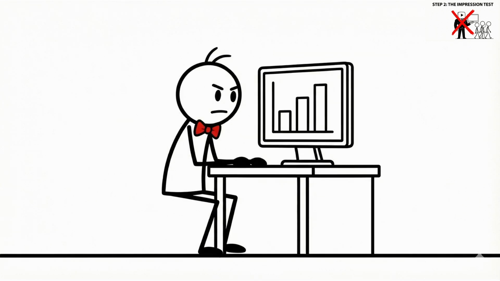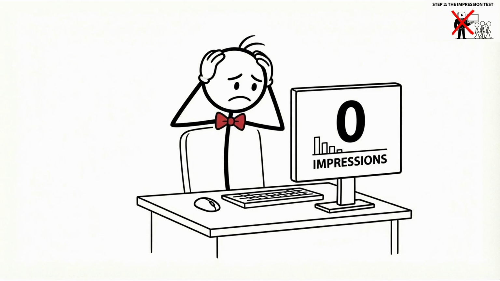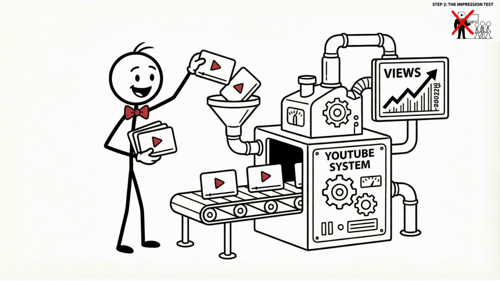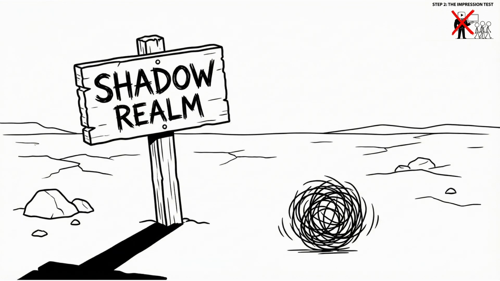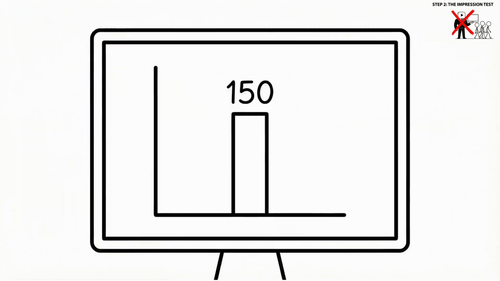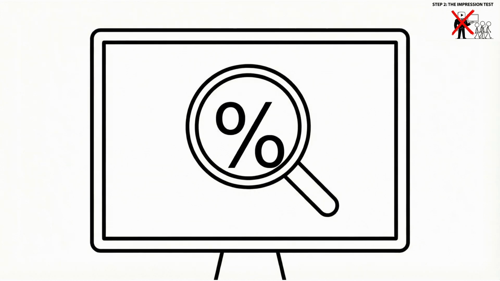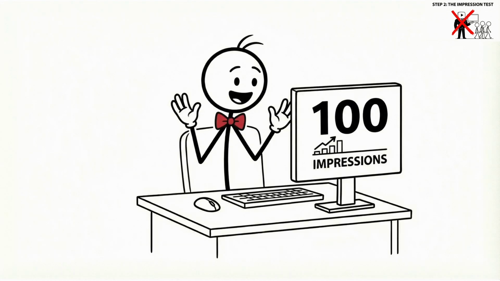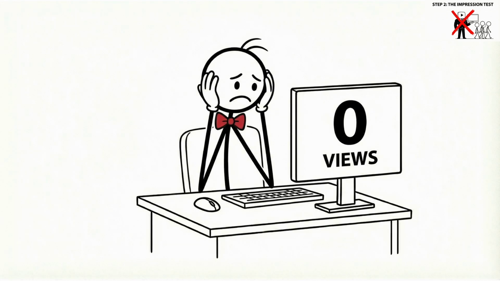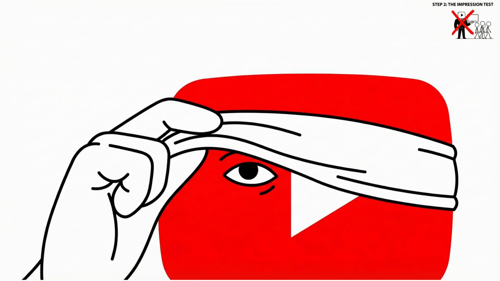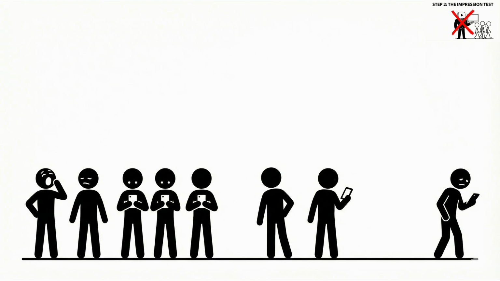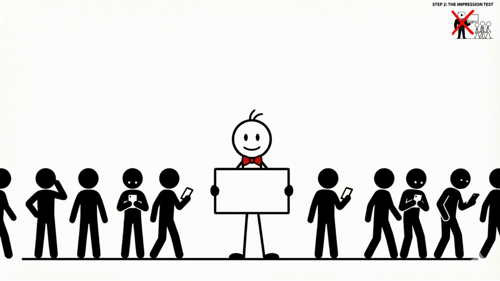Go to your analytics and look at impressions. Is it 0? If it is, you either haven't uploaded enough videos or you could be shadow banned, but we'll leave that for another video. It's probably not though. It's probably somewhere between 70 views up to maybe 300. Now look at your click-through rate. If you have 100 impressions and 0 views, your click-through rate is 0%. The algorithm took off its blindfold for 1 second, held your video to a small crowd, and nobody cared. The crowd walked right past you.